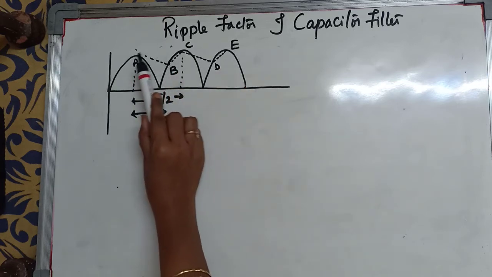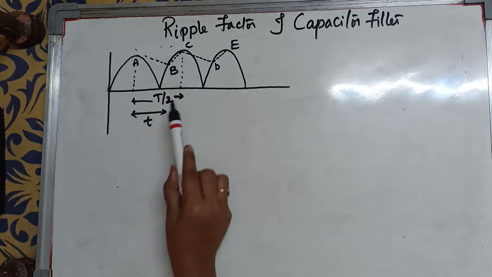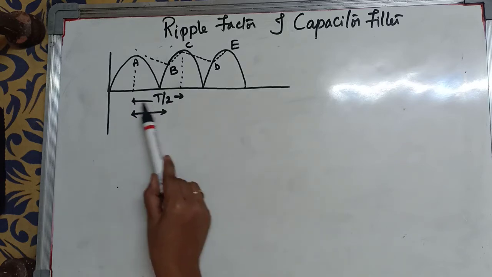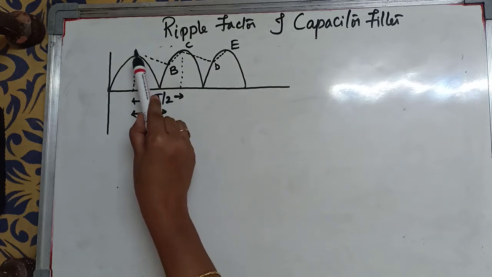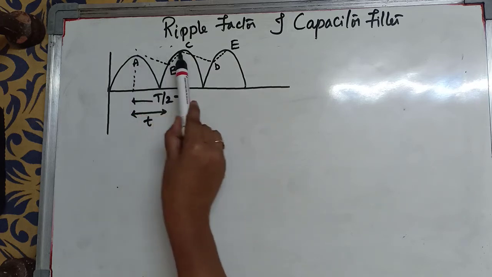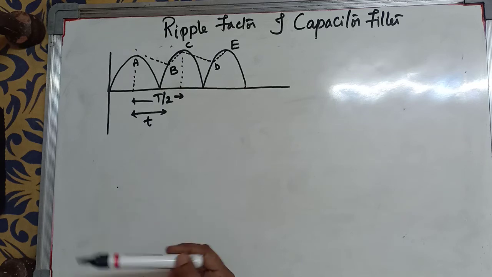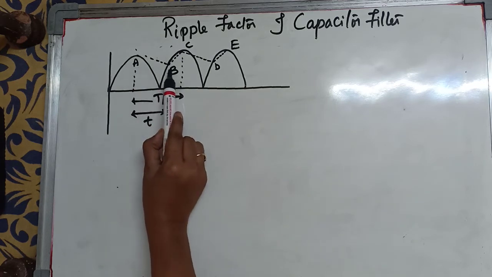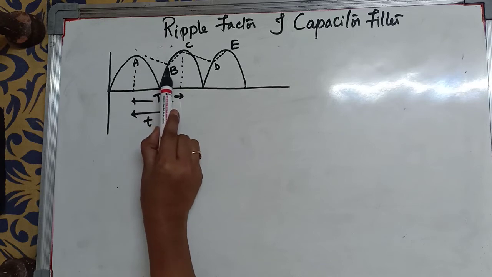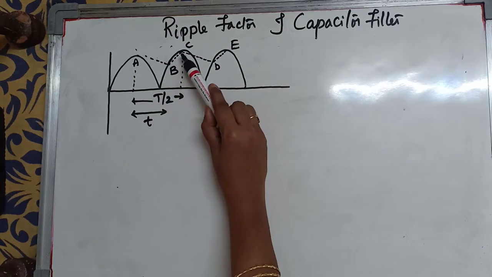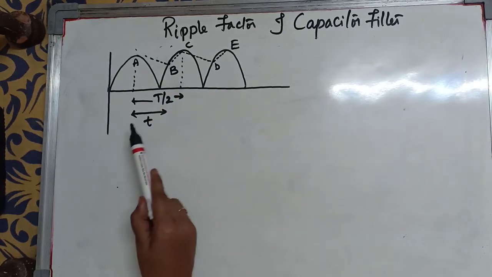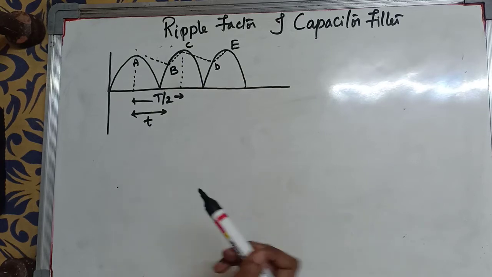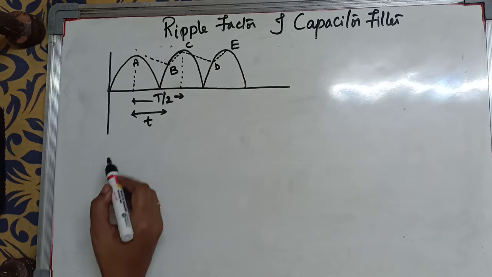Here from peak to peak, the time period of the output of the full wave rectifier is T by 2. So this is half of the time period from A to C. So we represent it by T by 2. So from this point A to point B, the capacitor is in discharging state, and from B to C it will be charging. So let us say the time for which the capacitor is discharging is represented by small t,